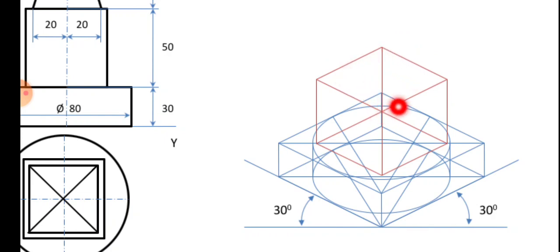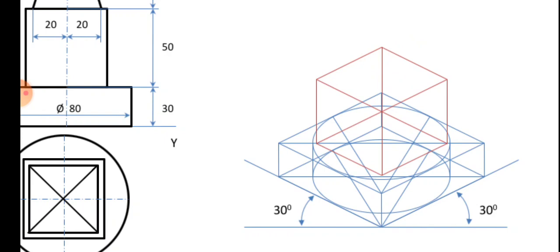If this is 50 and this is 40, the difference is how much? 10. So 5 should be on this side, 5 on the other side. In the same way, ISO 5 you leave and draw a line, ISO 5 you leave and draw a line, and so on, and the lines will intersect at 4 points. That itself will be the base of the pyramid. Got it? So this is how you can draw easily.